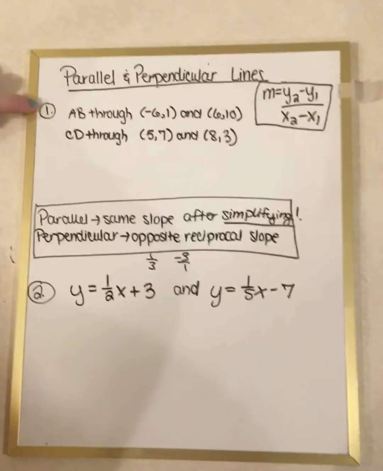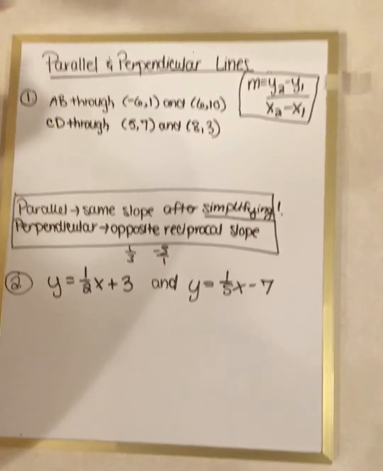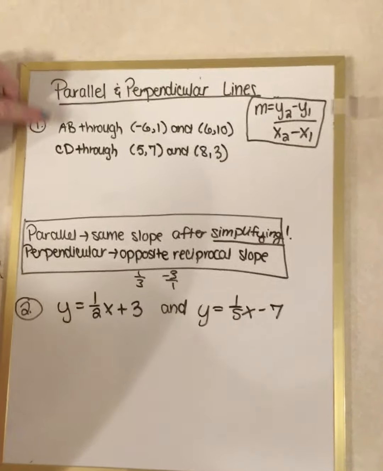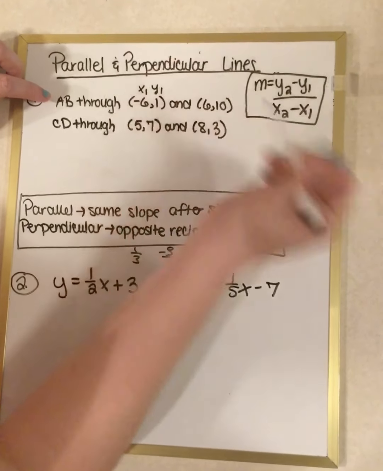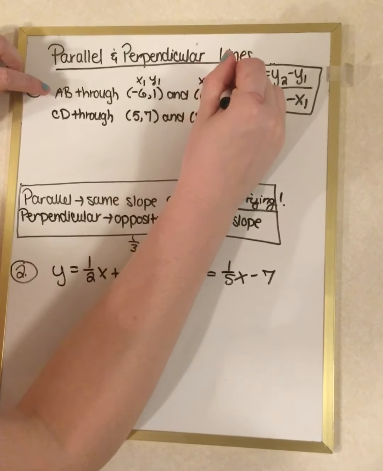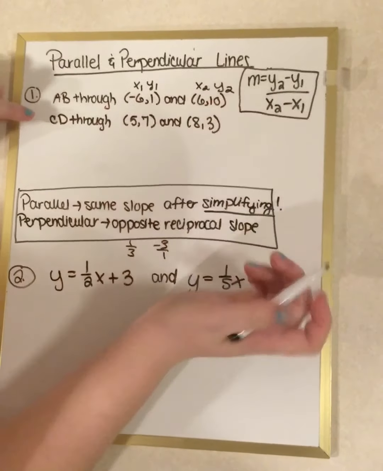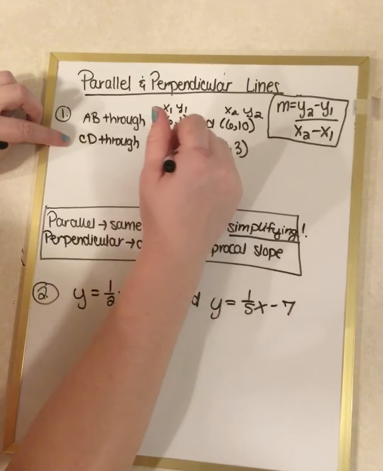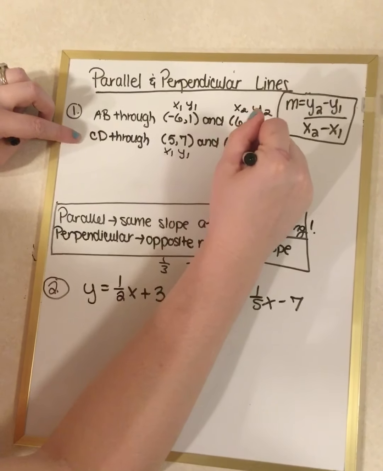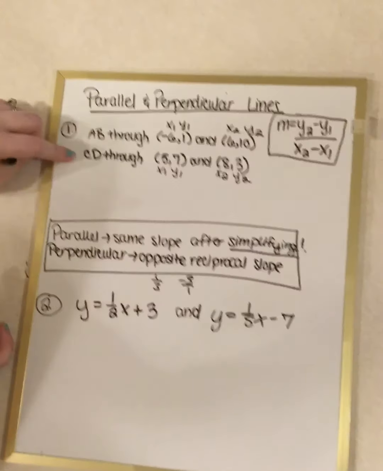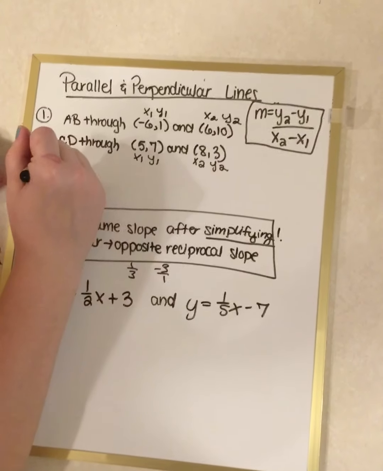So for the first one, we have to use y2 minus y1 over x2 minus x1. So that means that for AB and for CD, I'm going to go ahead and label x1, y1, x2, y2 for my first 2 points, and then because we'll have to do the same thing for CD, I'm going to do the same thing. We've got two different sets of points, which means we'll have to do the slope formula twice. So for AB,